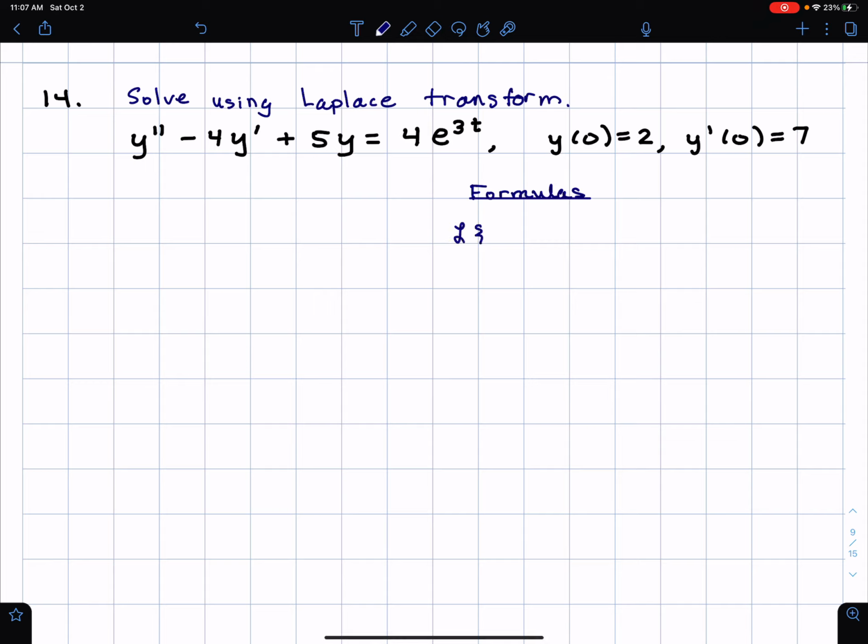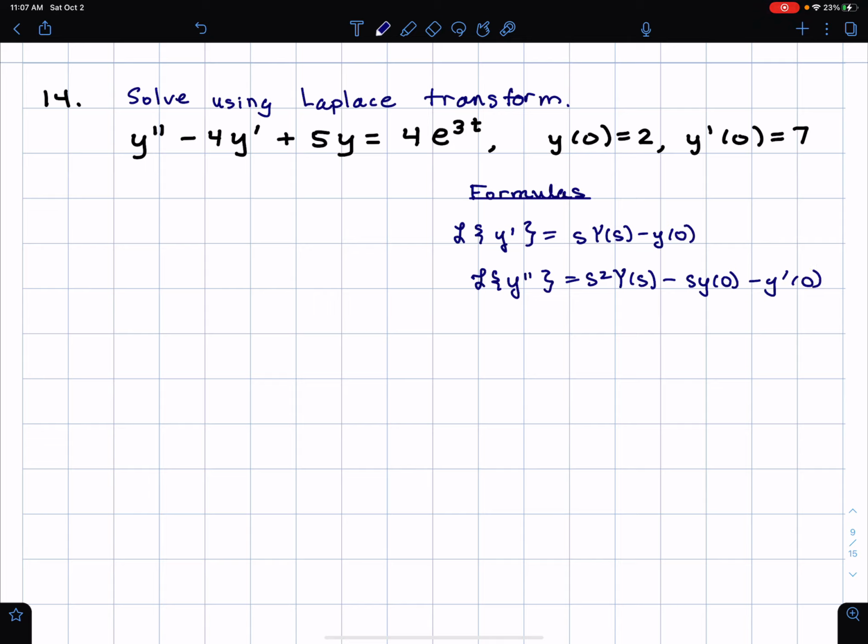We'll start off with the Laplace transform of y prime is sY(s) minus y(0), and the Laplace transform of y double prime is s squared Y(s) minus s y(0) minus y prime of 0. So capital Y is the Laplace transform of little y, and y(0) and y prime of 0 are the initial conditions. And then we also have the formula that the Laplace transform of e to the at is 1 over s minus a. So if I apply the Laplace transform to both sides of this,